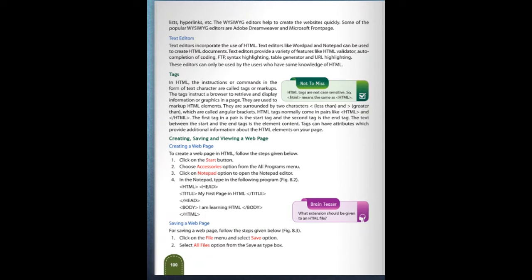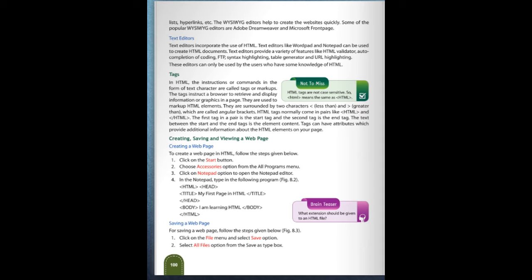Tags. In HTML, the instructions or commands in the form of text characters are called tags or markups. The tag instructs a browser to retrieve and display the information or graphics in a web page. They are used to mark up the HTML element.